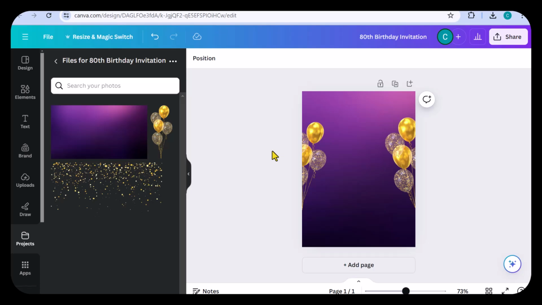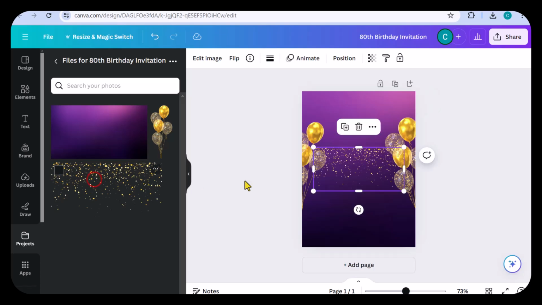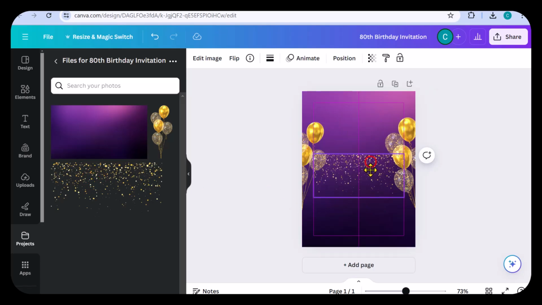The final thing that I will do for this video is to add the confetti. I'll add the confetti by clicking on the confetti image that is within the folder, and I will position it where I wish for it to be within this project.